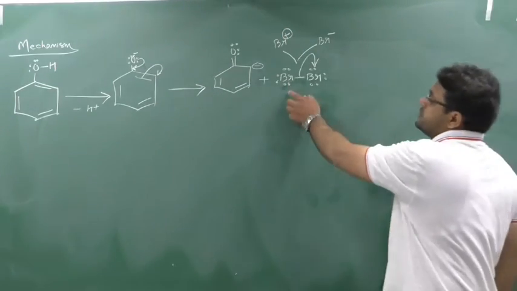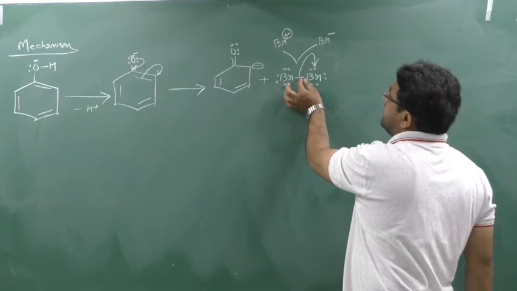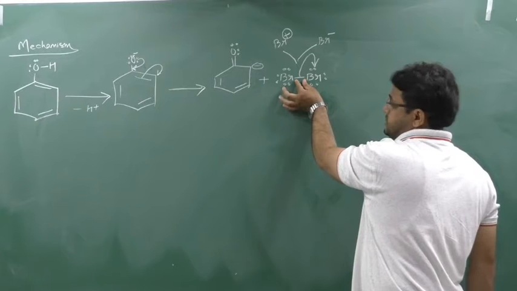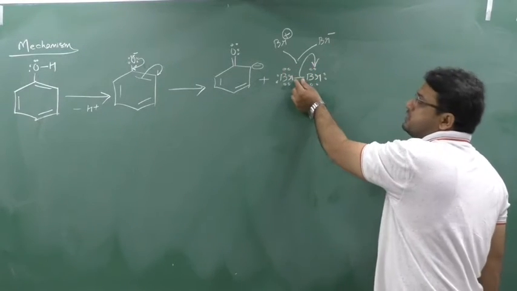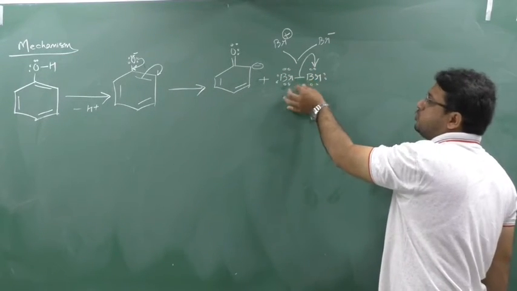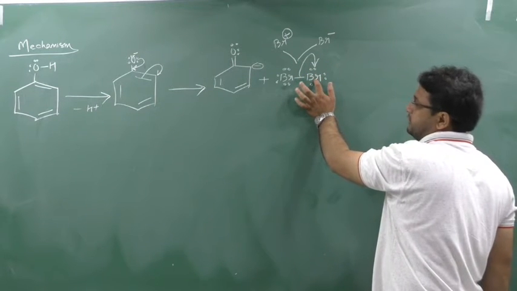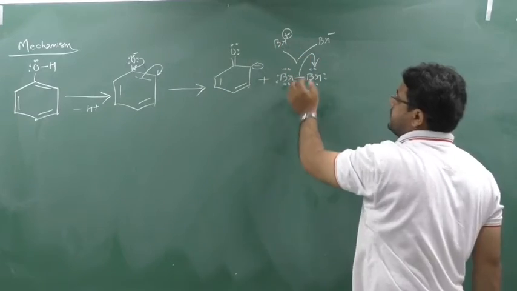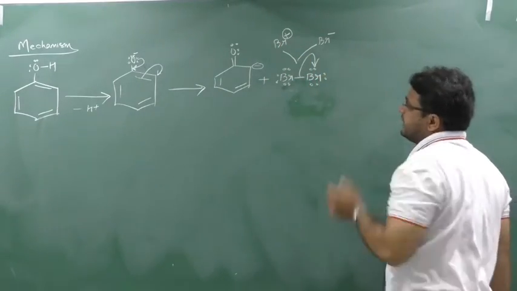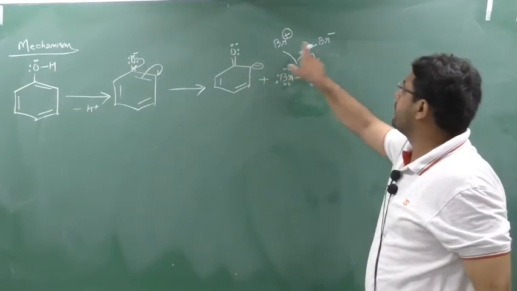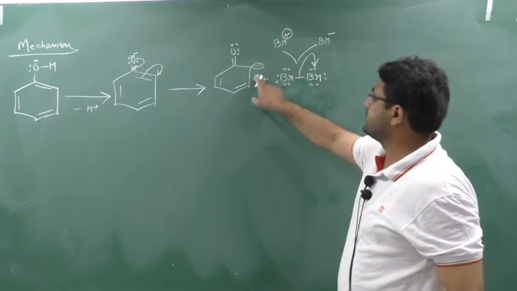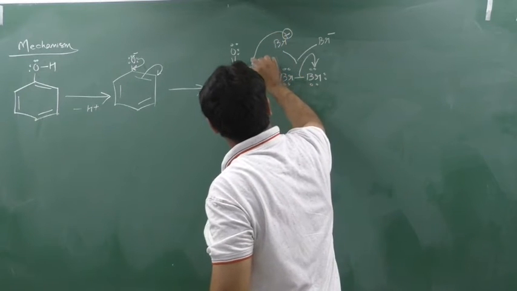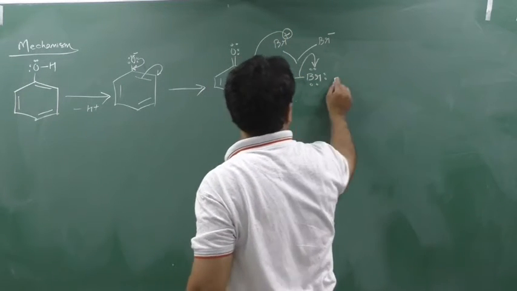Understood? Out of these two Br, one Br will gain the bond. So I am giving the bond to this Br. So this whole bond is shifted to this Br. When this whole bond is shifted to this Br, this Br will gain the electron, meaning the other Br is giving the electron. One who gives the electron creates a positive charge and one who gains the electron creates a negative charge. So there will be one electrophile and one nucleophile. Now this is a negative charge. So here who will attack? The electrophile will attack. So when the electrophile attacks here, what will happen, see here now.